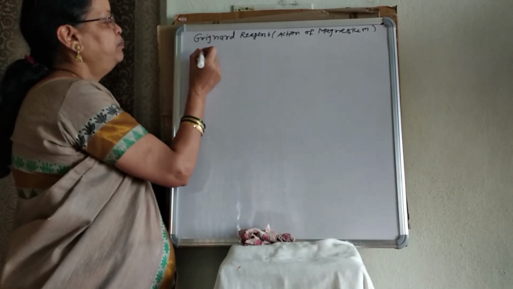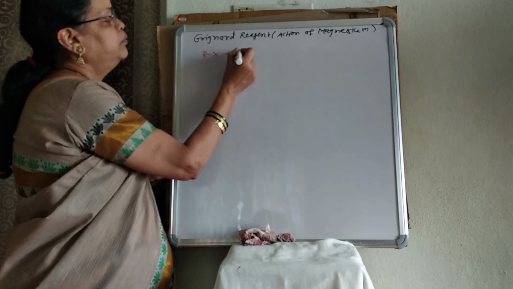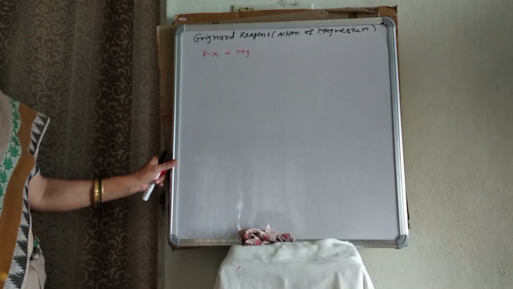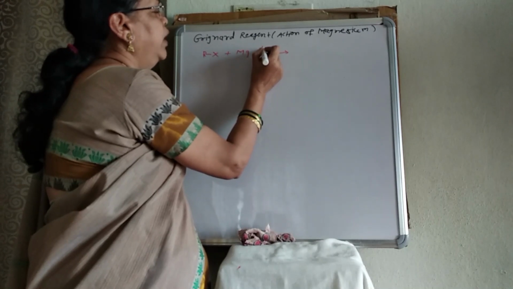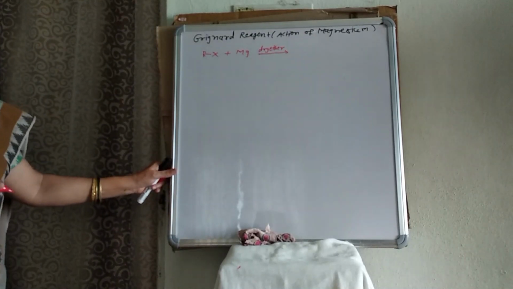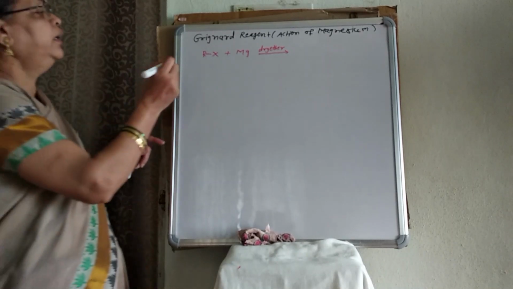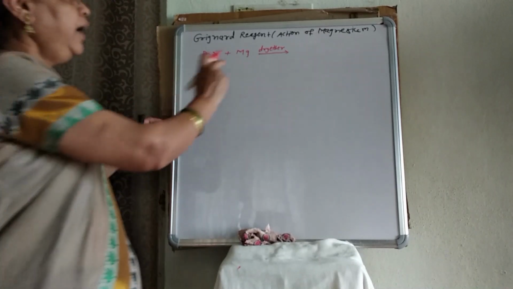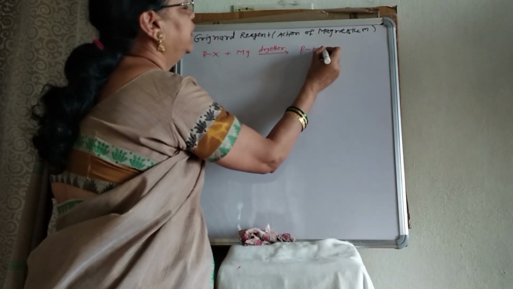Now see here, for example, the general reaction we consider: RX reacts with magnesium metal. This magnesium may be in the form of powder, also called magnesium powder or simply magnesium metal. And one solvent we have to use, written on the arrow, that is dry ether. Ether is the solvent used here. Okay, and alkyl halide plus magnesium is converted into a different, unexpected product.